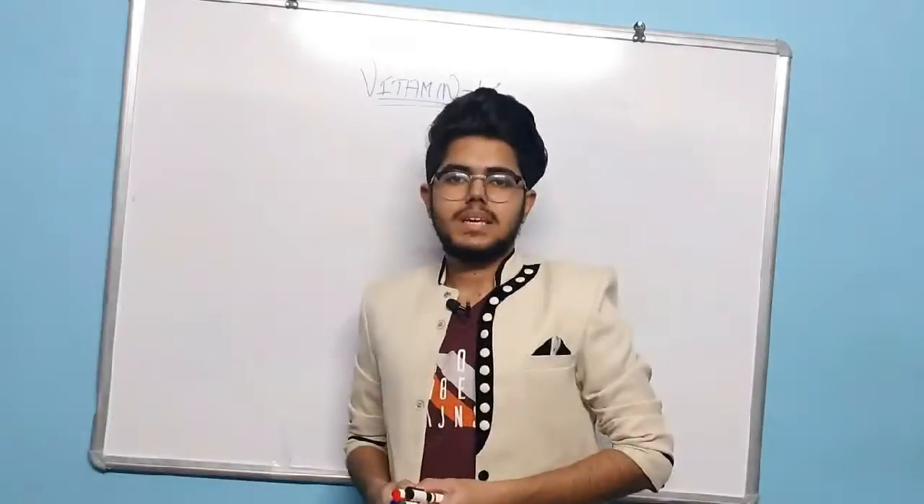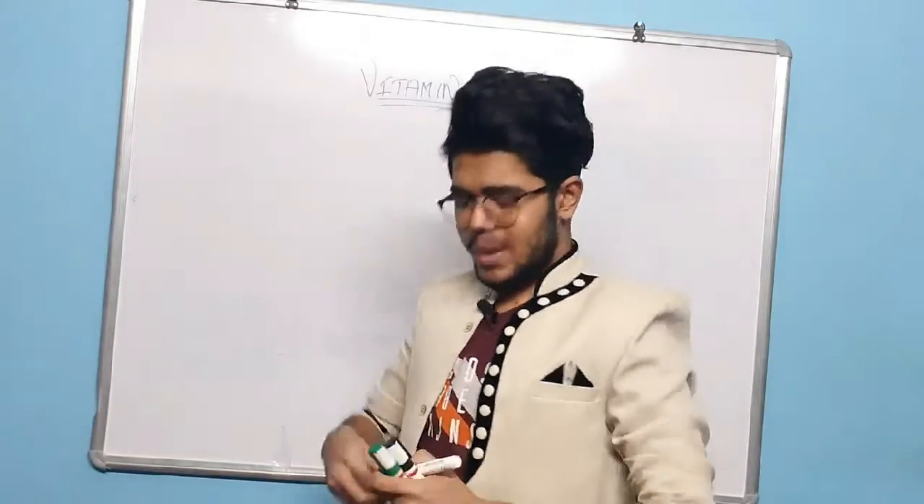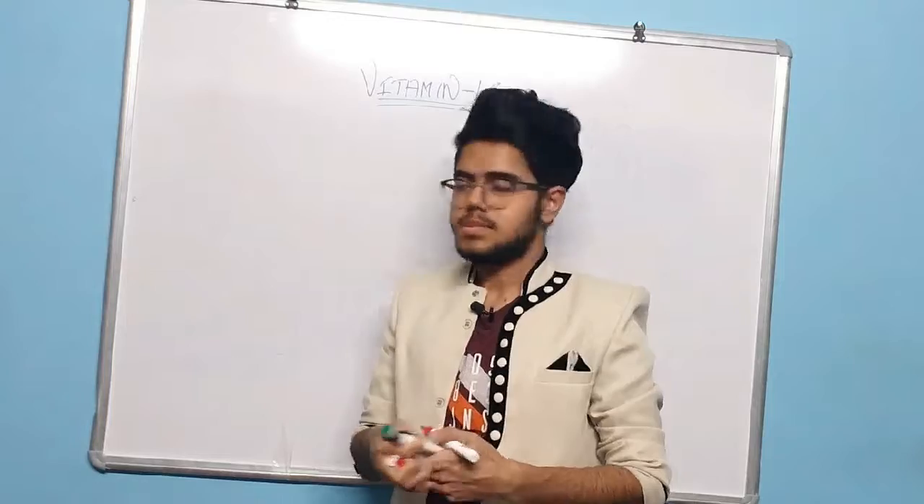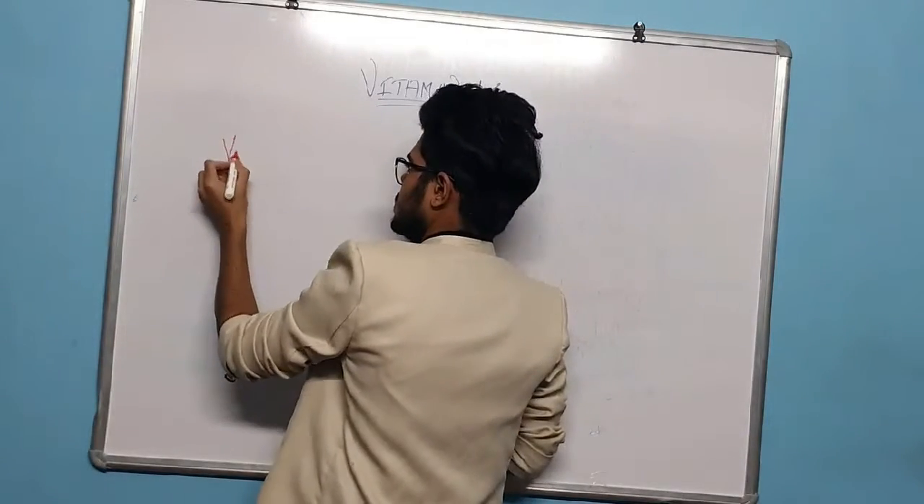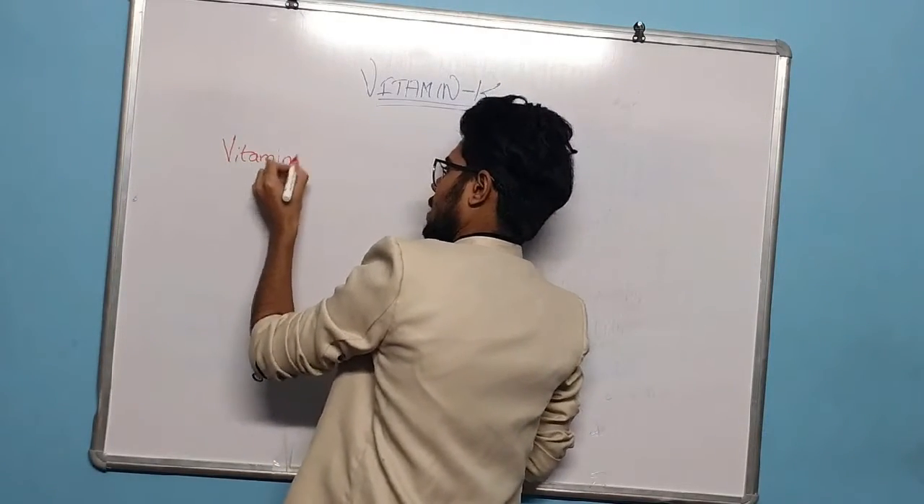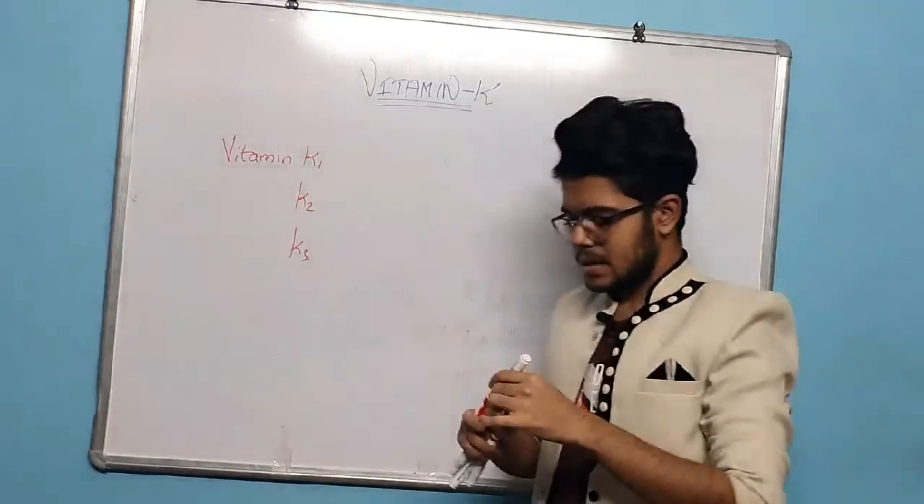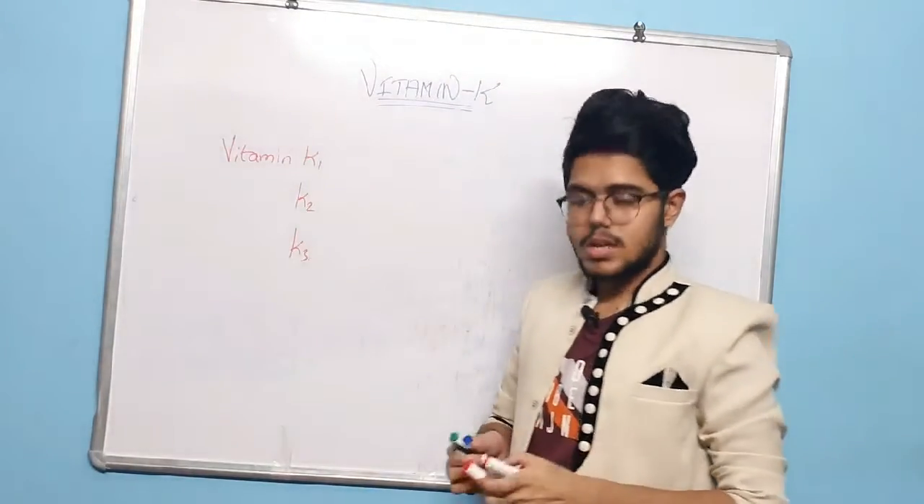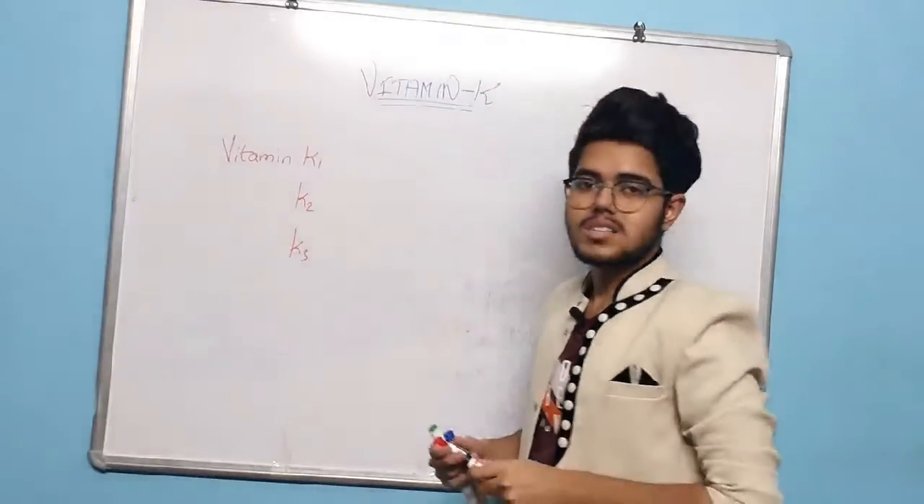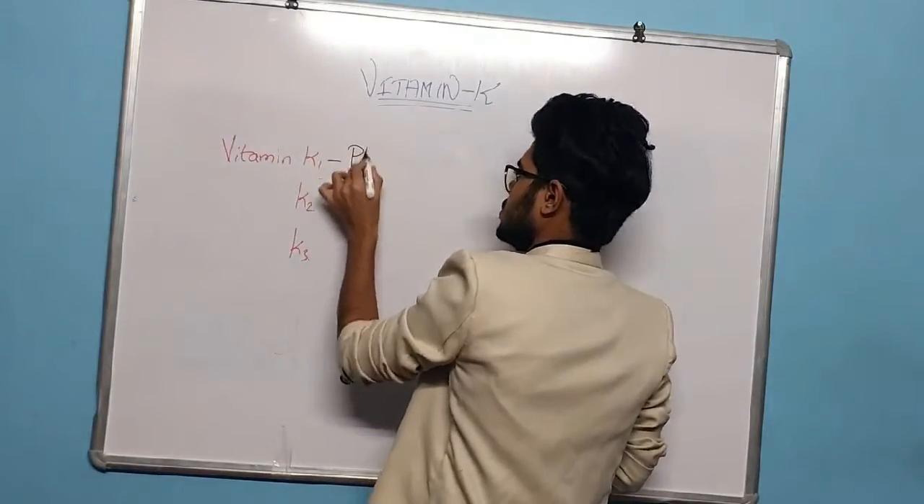So let's start with it. So let's move on with the basics of vitamin K. So vitamin K has got three important types. That is vitamin K1, K2 and K3, and it has got respective names. Okay, so vitamin K1 is called phylloquinone,